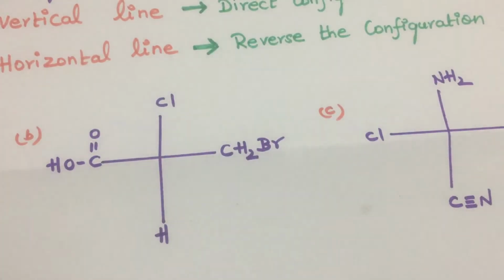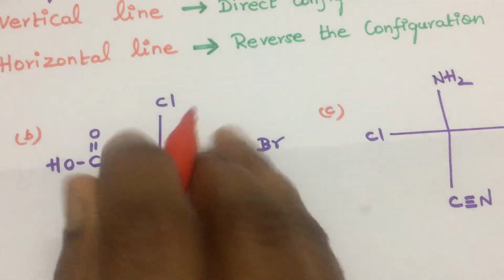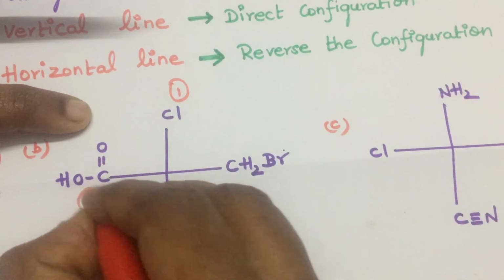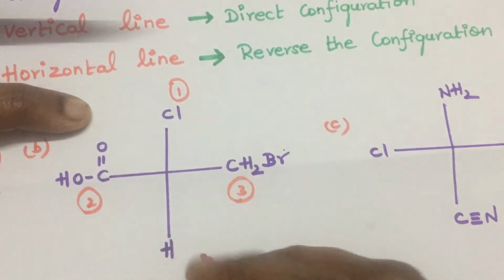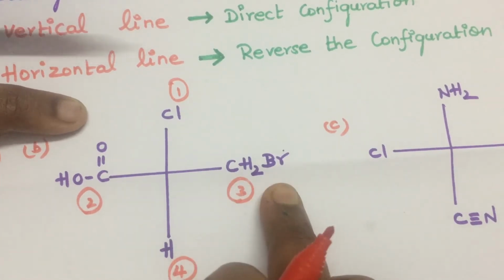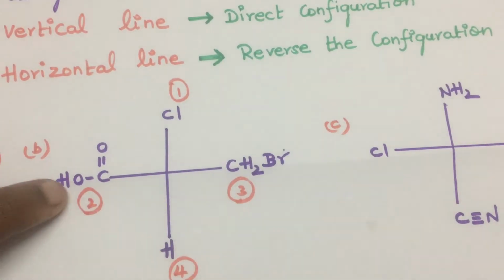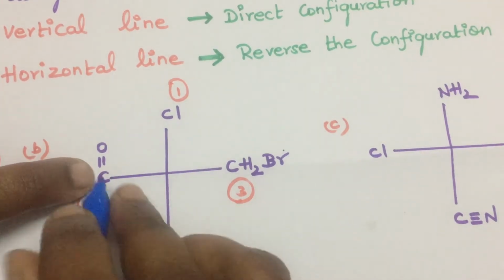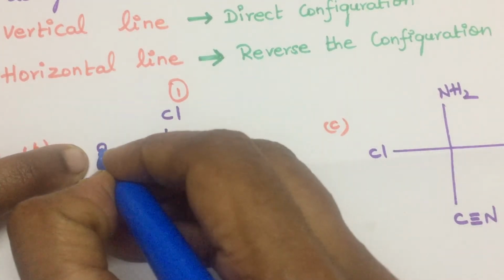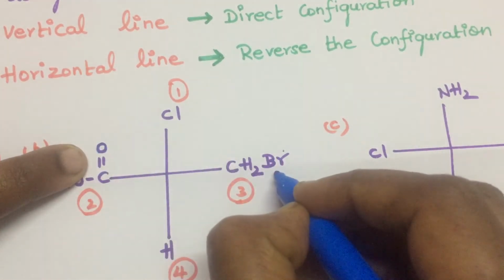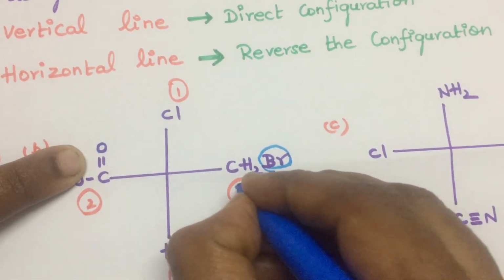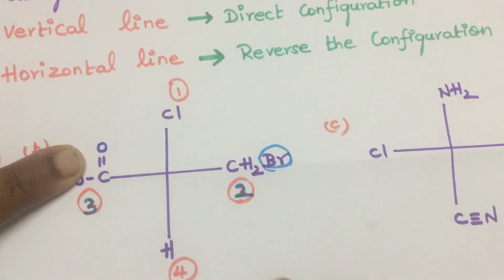Okay, here first let us label the numbers. The first atom is chlorine, so priority 1. Here 2, then 3, then here 4. Oh no, so CH2Br, right? Here there is a confusion. You see, both the first atoms are carbon. Here the second atom is oxygen and here the second atom is bromine. So which one do I have to give importance to? I think I have to give importance to bromine, so please be careful.